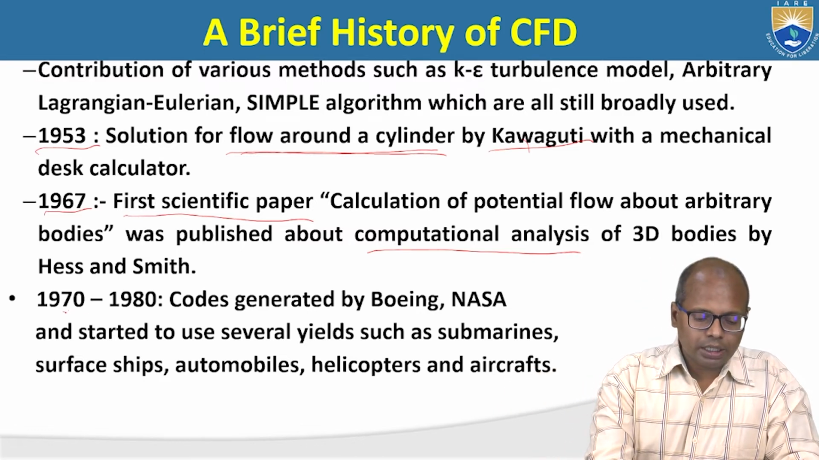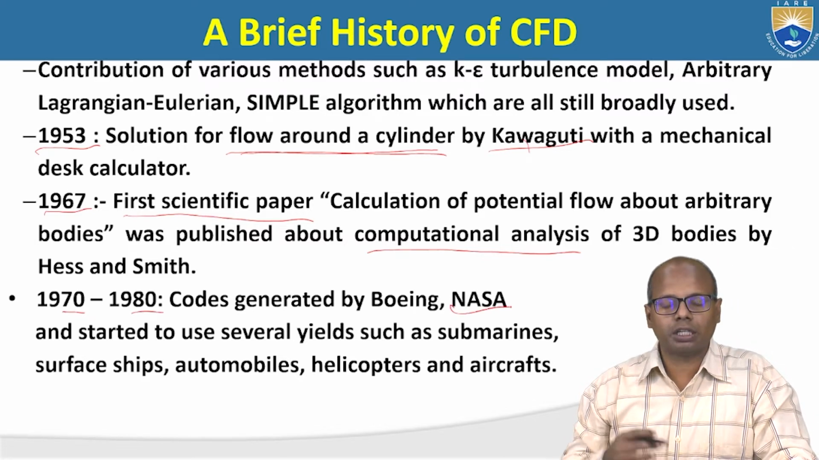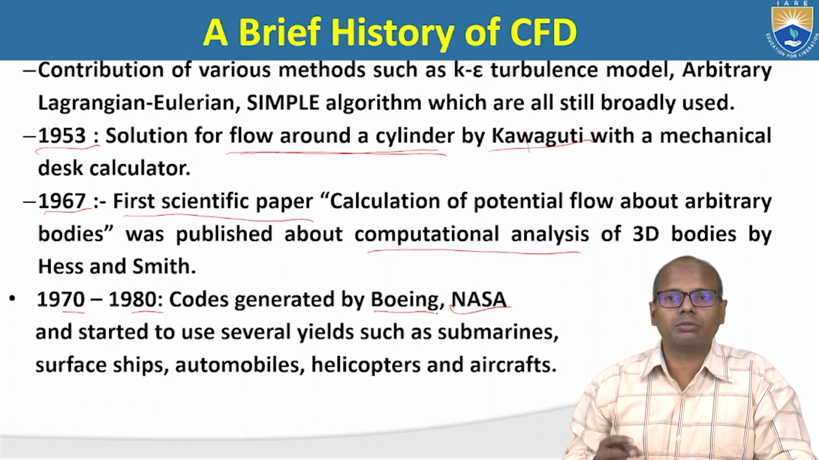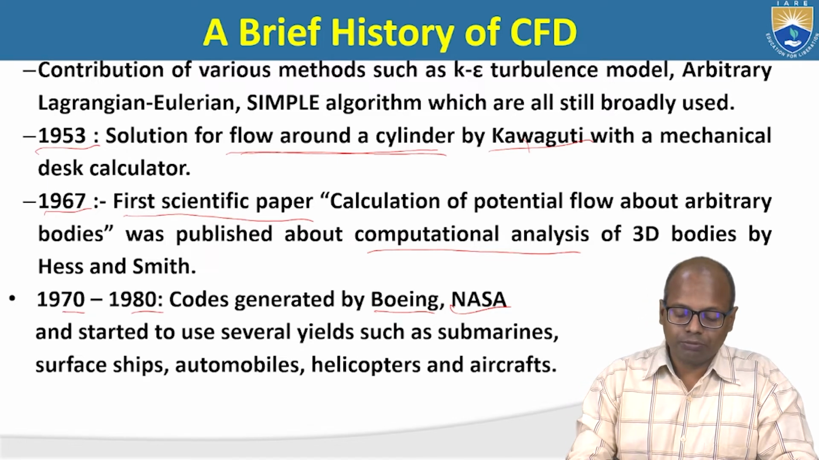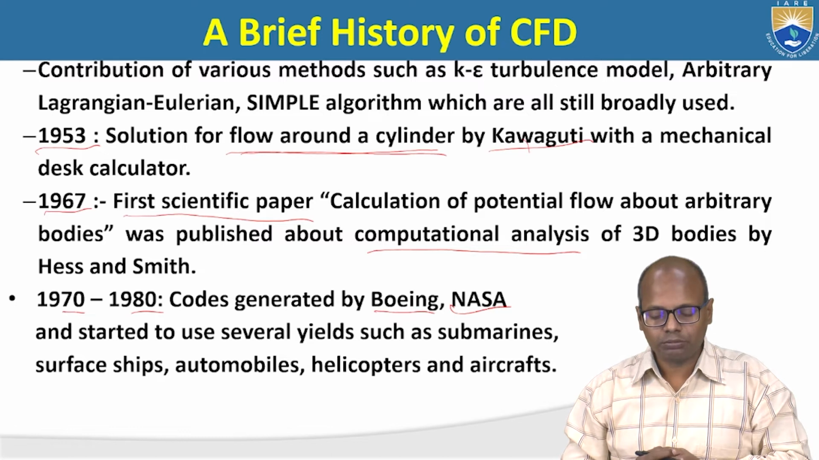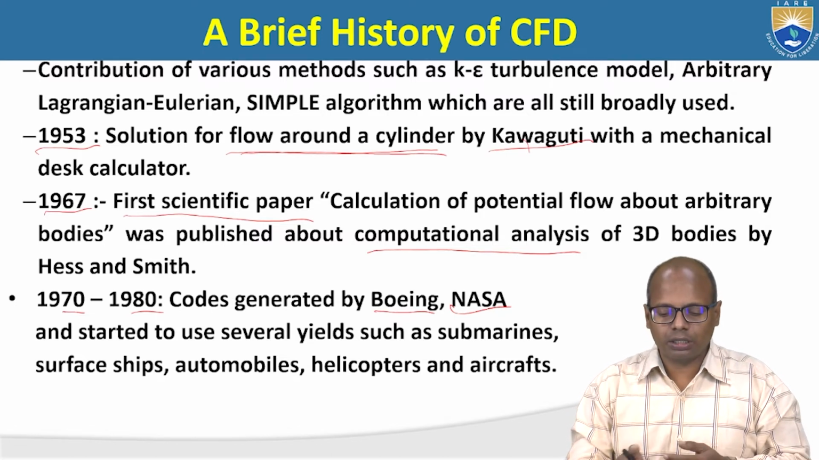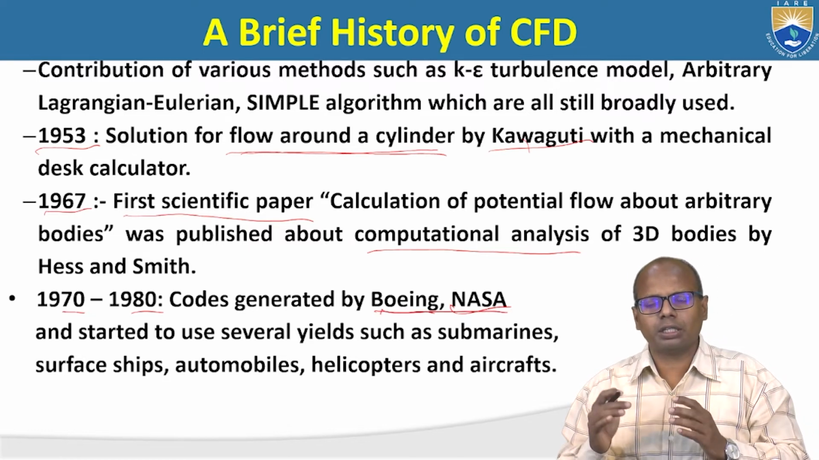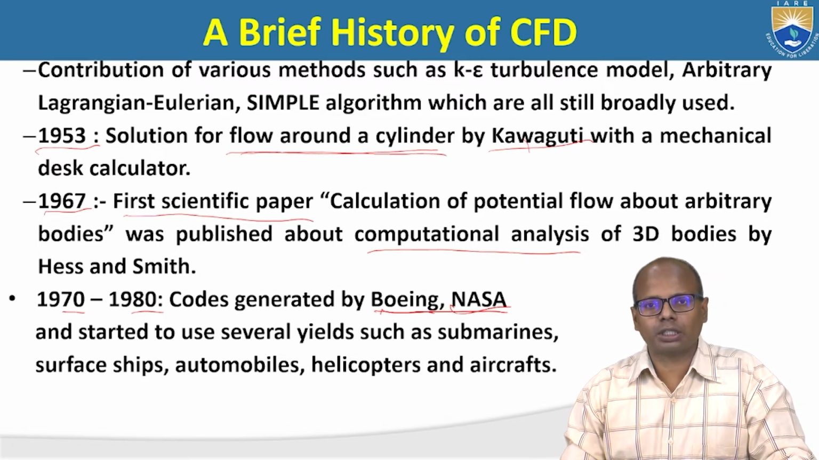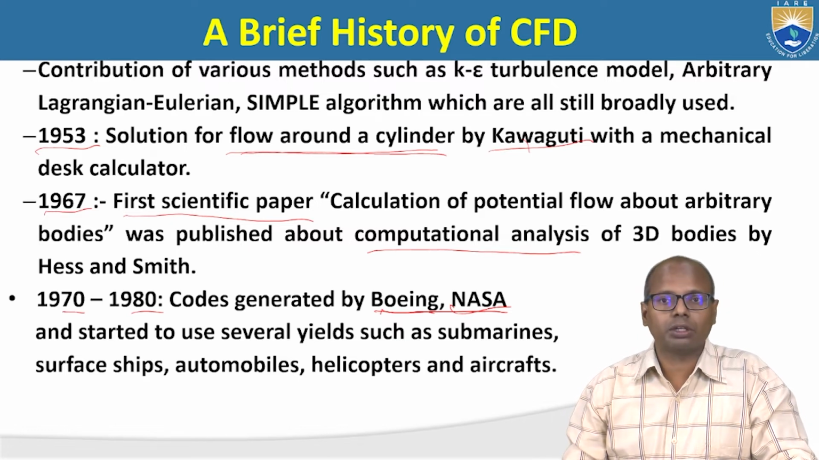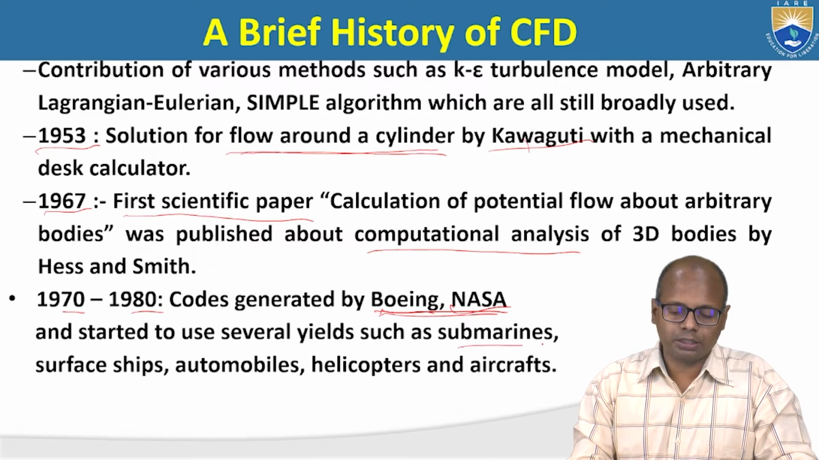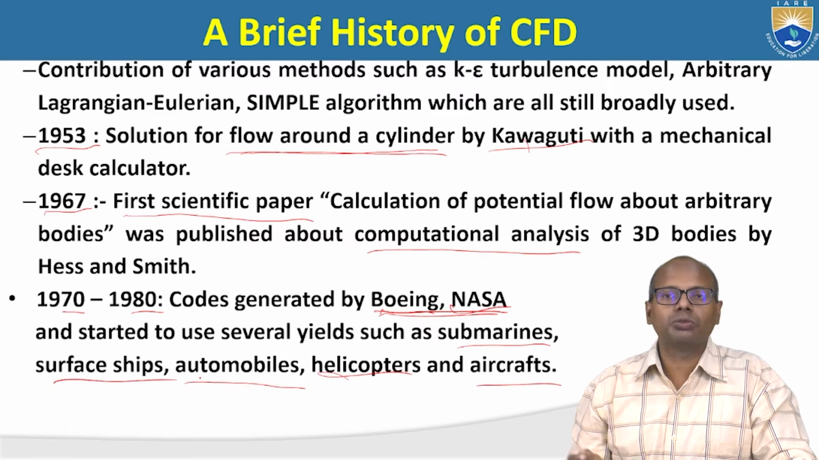In the 1970s and 80s, NASA invested so much time and energy into these CFD codes, and Boeing also invested a lot. They used these codes because they needed high speed aircraft. High speed aircraft, submarines and ships are required for fighting purposes, because these high speed things are generally used only for the army, not for transportation purposes. So initially they used these computational techniques for submarines, automobiles, helicopters, aircraft, all those things used